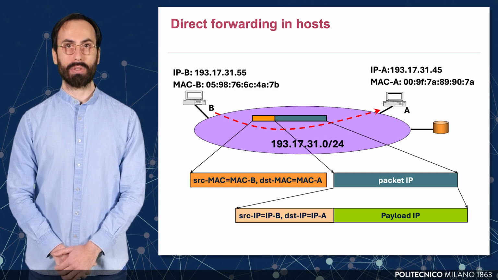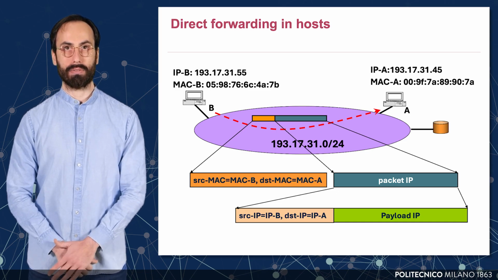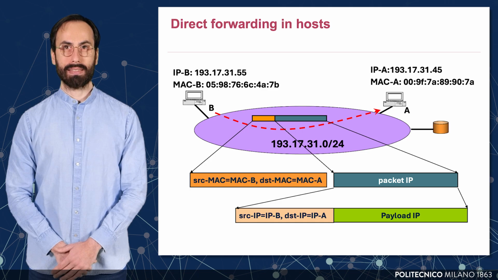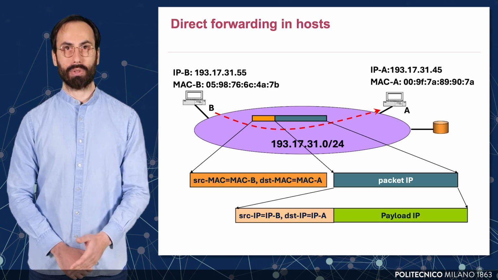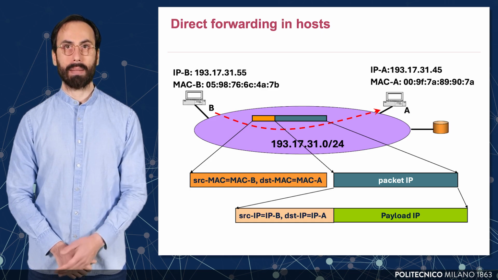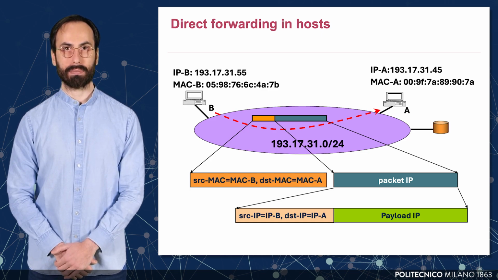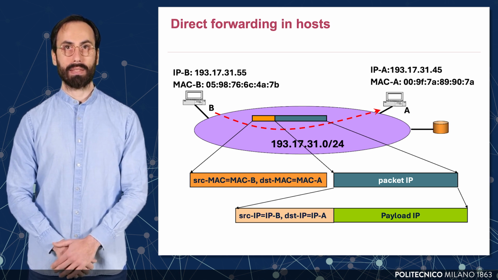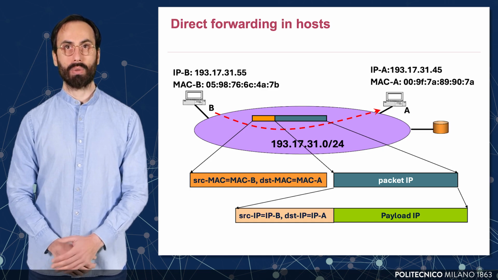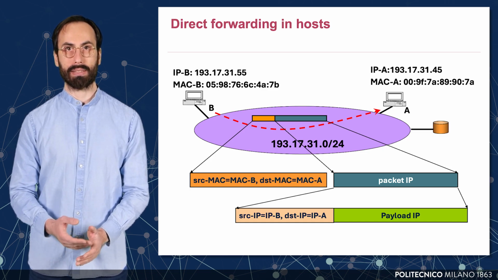Once the MAC address is resolved, host B prepares the frame for transmission. The IP packet, containing the source and destination IP addresses, is encapsulated within an Ethernet frame. This frame includes Layer 2 headers, setting MAC B as the source and MAC A as the destination. The encapsulated structure is then sent over the local network. When host A receives the frame, it reads the IP payload and recognizes that the packet is addressed to its own IP, allowing it to process the data accordingly.